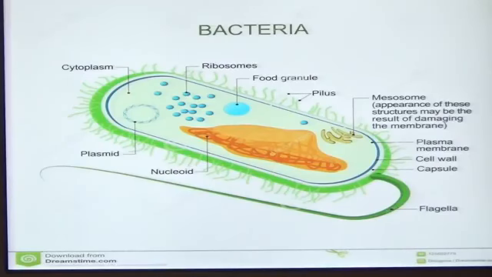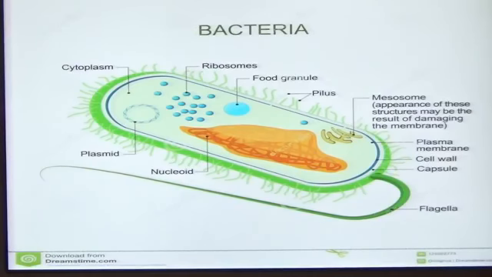Bacteria cause some kinds of infectious diseases, and these are called bacterial infectious diseases. Sometimes it's easier to prevent or treat bacterial infectious diseases in comparison with diseases caused by other types of microorganisms. And bacteria have their own structure, like other living organisms and other microorganisms, and this is the main structure of